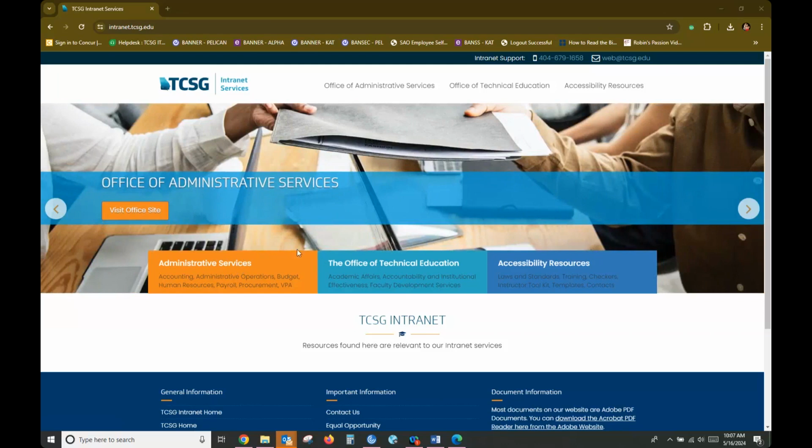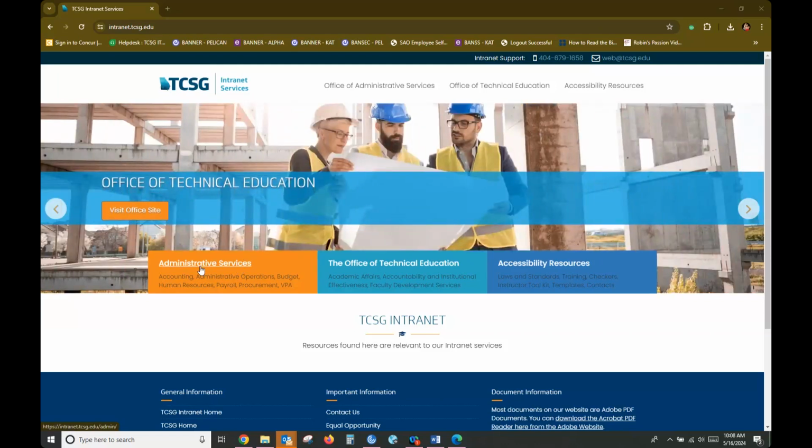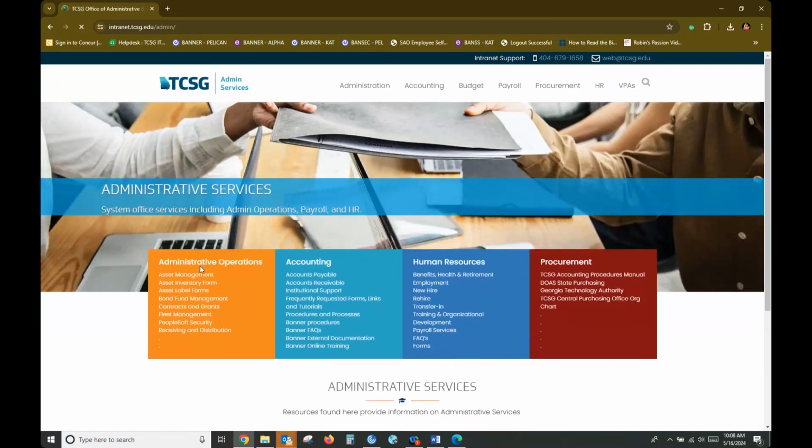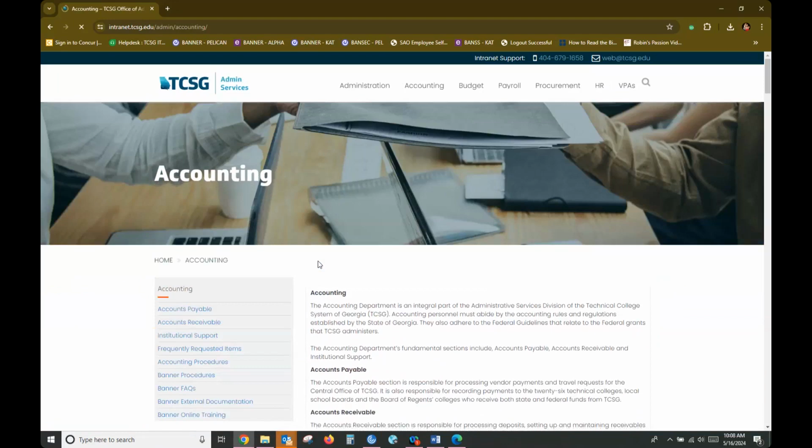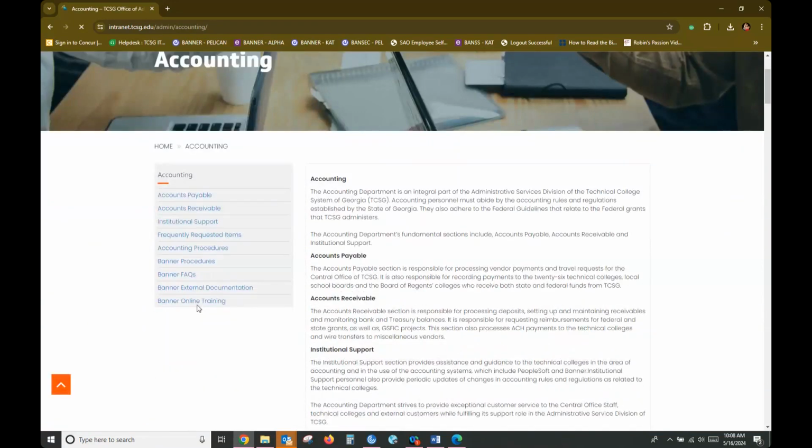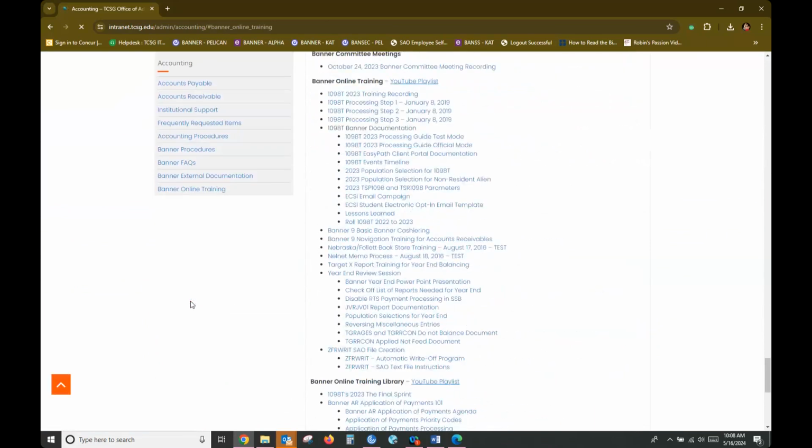If you come to the intranet at tcsg.edu, we fall under the admin services area because we are more of the accounting side. So if you click on admin services and then go to the accounting section, this is where we live, right? There's a little menu over here that will jump to the area that you need. If you click on Banner Online Training, you're going to jump all the way down to the bottom, and here is our training library. This is all of our links to our videos and all of the documentation that we've provided for you all,